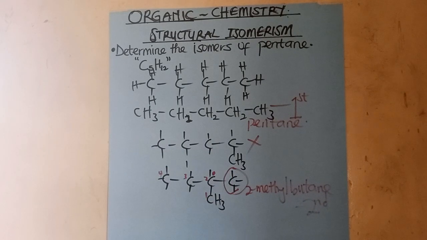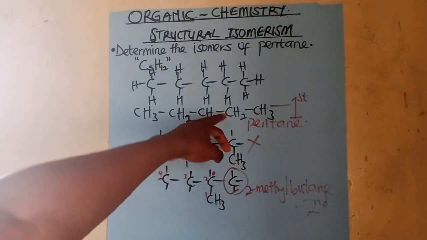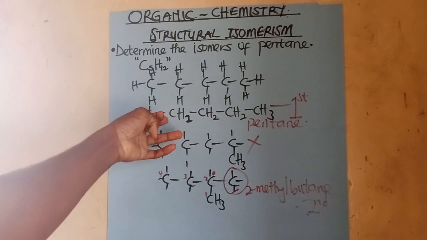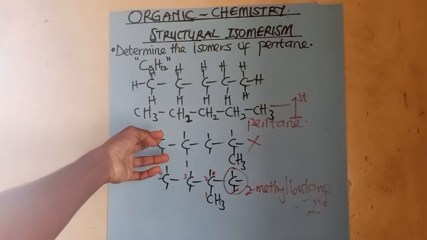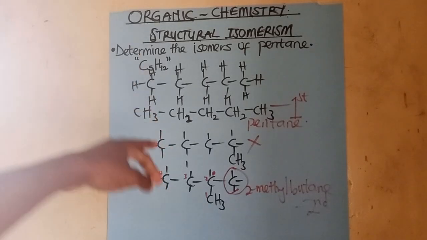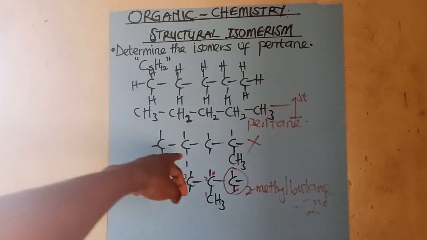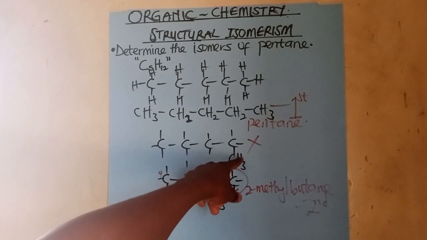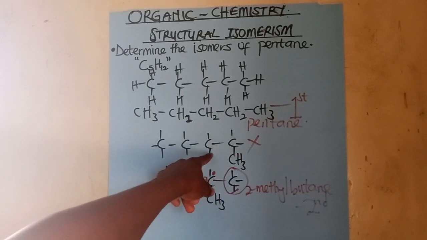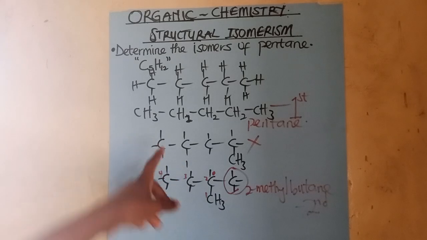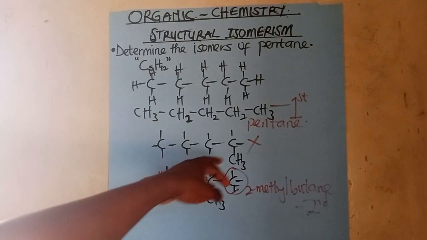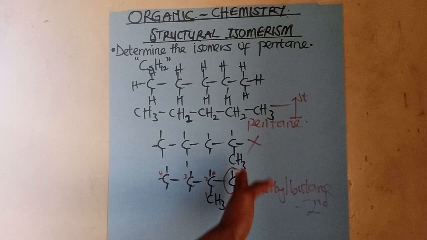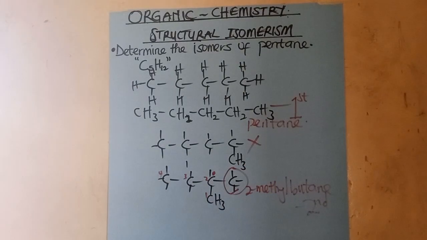The next thing for me to do now, don't forget that after writing this one first, the next step for me to do is to reduce the carbon atom to what? To 4. Then when I reduce it to 4, it gave me this. So reducing it to 4, I put this CH3 everywhere. I put it here, put it here, put it here, put it here. Then I put it in everything. So I determine my answer. Then after putting it there,